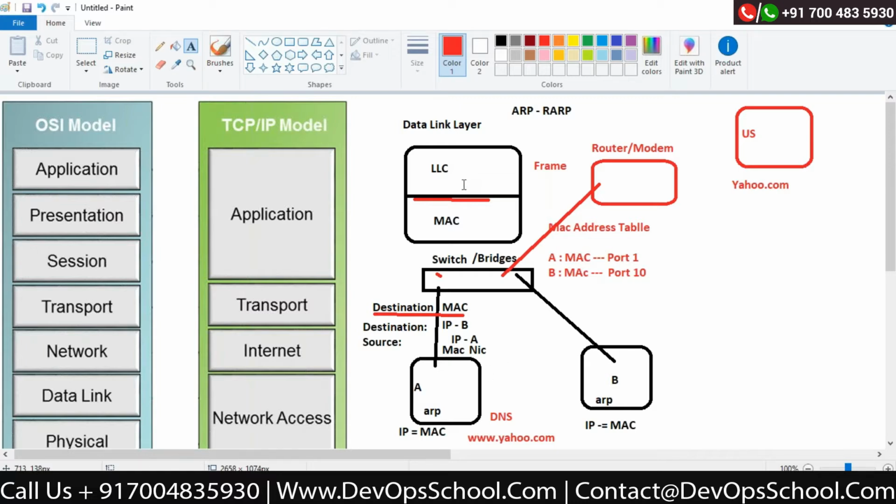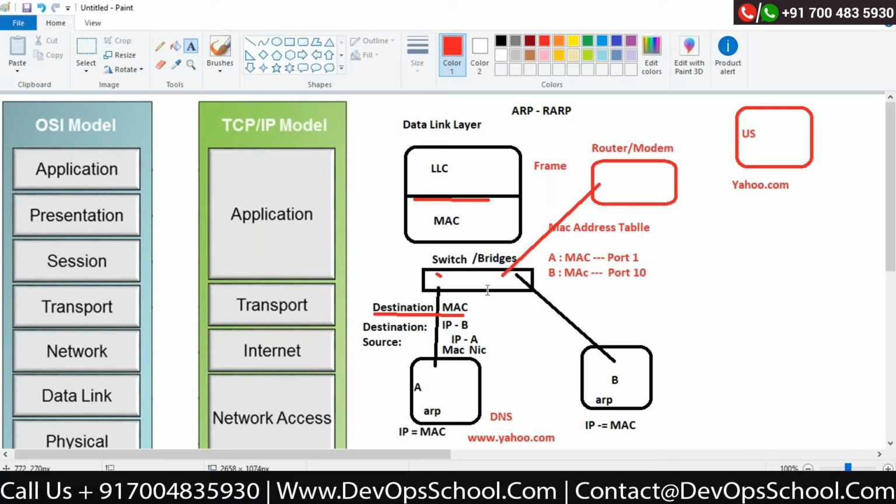So my layer will put the default MAC address, where I can transmit this request to my router, into the destination MAC address. Correct? So whenever the switch gets this request, it comes to know that it wants to send this request to this MAC address. Then it will take that request and send it to this particular port. Then it will hand it over.